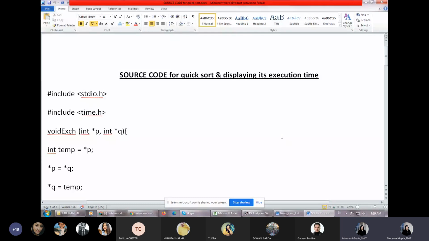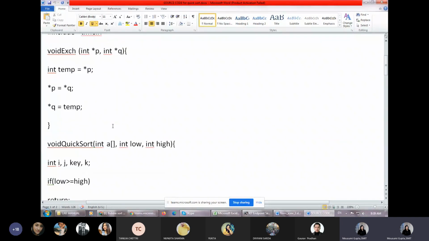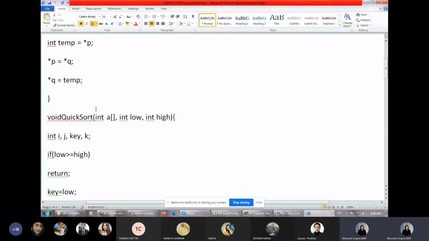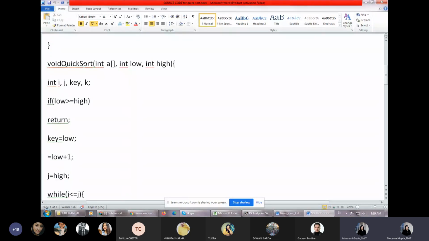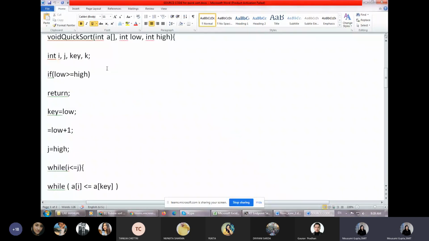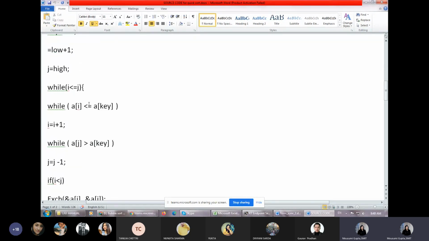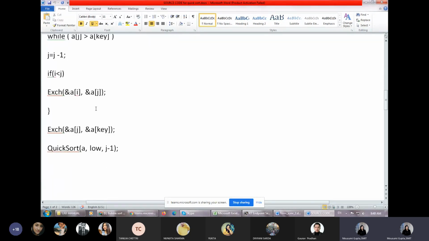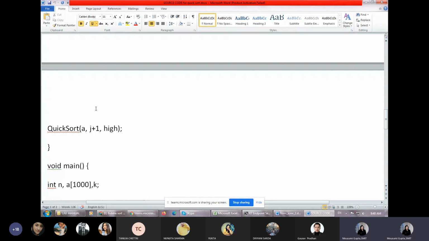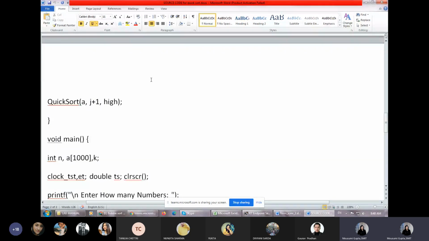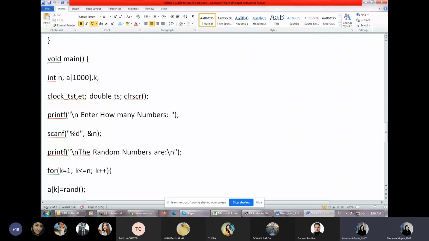Now here it is just quick sort, that is, it is swapping elements. Here also only the quick sort algorithm is followed, which you haven't done. Here you need to write the algorithm for insertion sort and bubble sort, which you all know. After that, for this purpose I had given this source code.